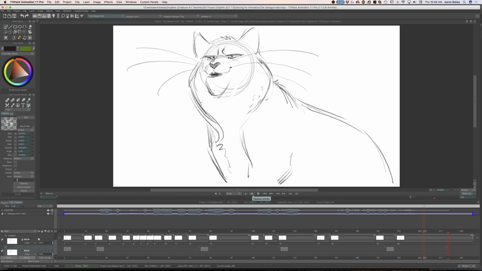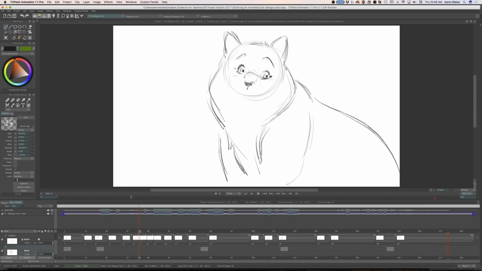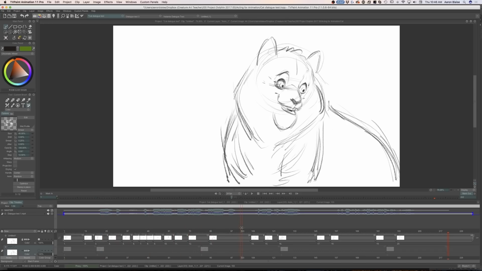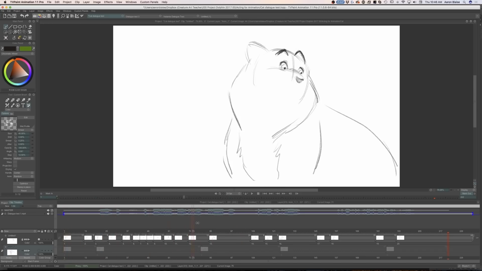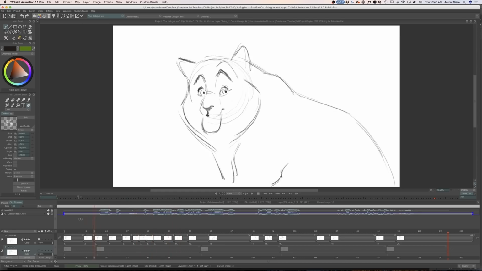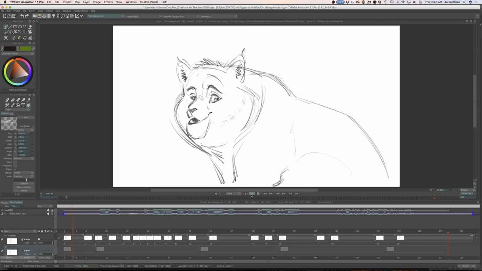There's enough difference between each one that I'm giving myself enough room to create entertaining animation in between. That's why, when I'm in here, this pose right here, there's a big change between those two drawings. And so there's enough room for me to add all this extra animation. So I'm going to play that one more time.